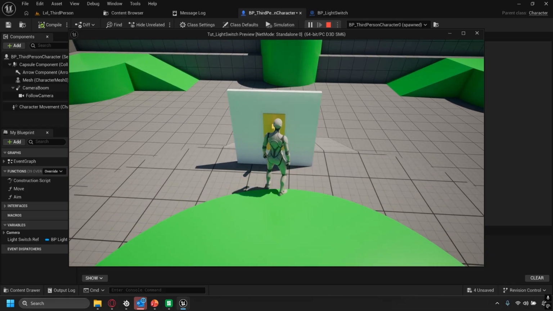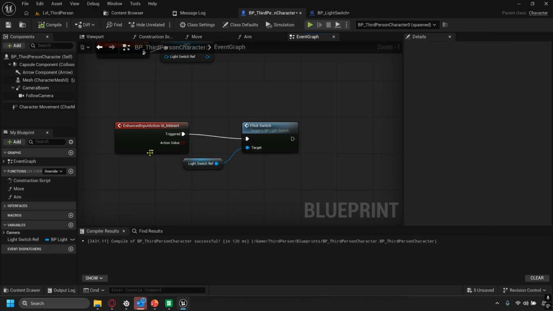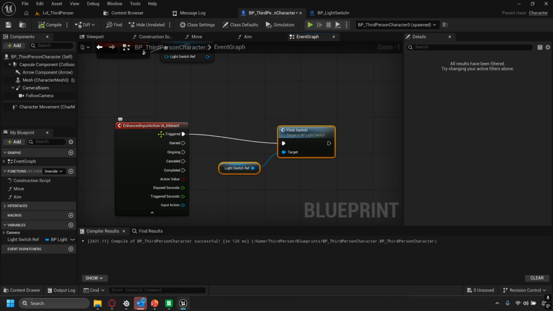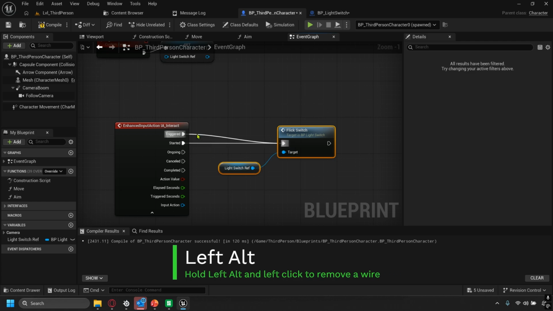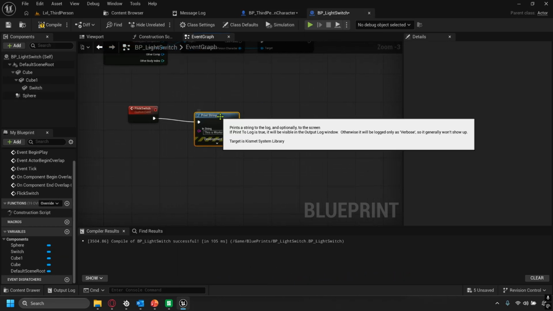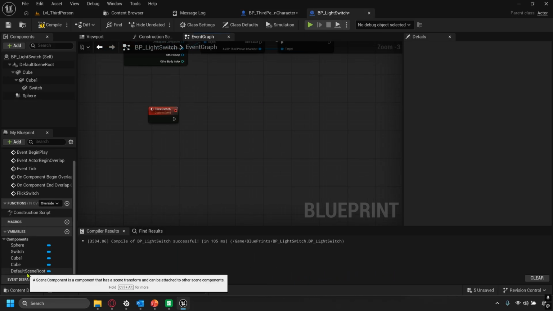This way we can walk up, press E, and we can see in the top left, you'll also notice in the top left that it was firing off multiple times every time we press it. So what we're going to do is expand our input interaction and then pull out of started and have it so it only triggers whenever it started. If we go over to our light switch, we can now delete this print string,